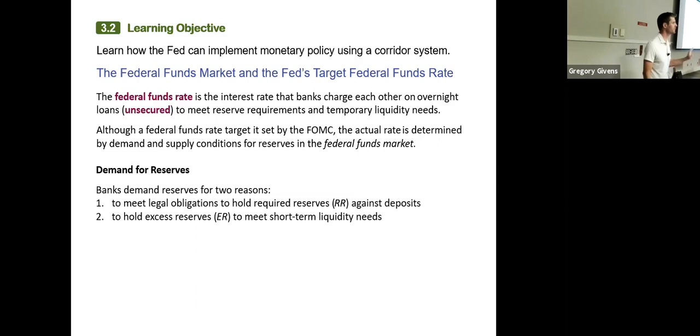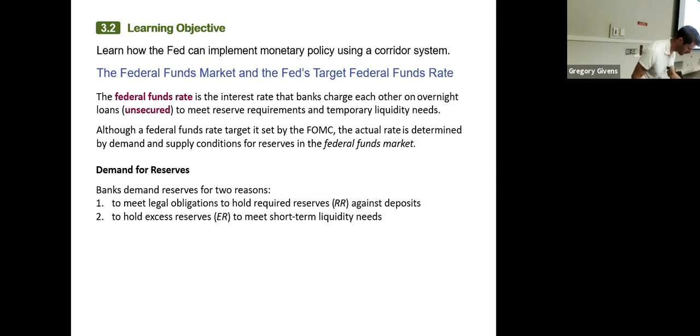Now, although required reserves are technically now zero, like I said earlier, there are other regulations, in particular certain capital requirements that banks have to abide by that generate a demand for bank reserves. So that's where part of the demand comes from. The other part of the demand comes from banks' desire to hold excess reserves. Banks can never predict perfectly how much liquidity they're going to need on any given day. A lot of people could make withdrawals. And so the bank's demand for excess reserves to meet these liquidity needs also drives the system-wide demand for reserve